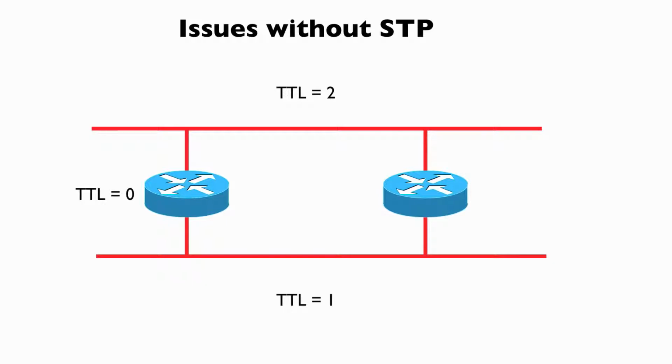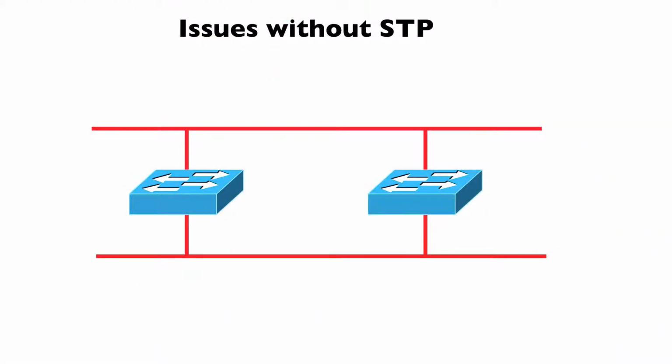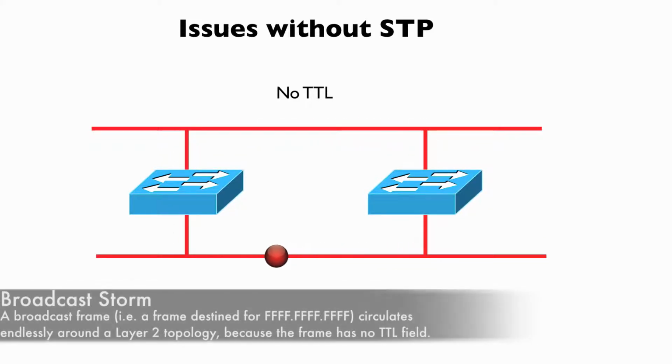That's a very different story when we have a layer 2 switch, because at layer 2, the switches do not have a time to live value. There is no TTL field, and if we get a frame that's just circulating endlessly through the network, as we see here on screen, that can cause something called a broadcast storm, for one thing, and devices attached to the network, they can literally slow down to a crawl, because the network interface cards in a PC, for example, they're